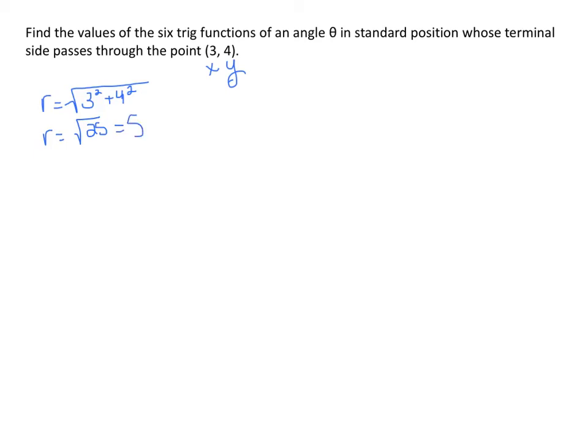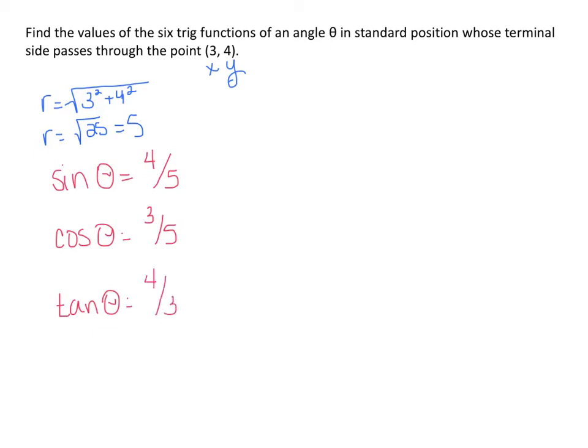So now, the sine of theta is y over r. That's 4/5. The cosine of theta is x over r, 3/5. The tangent of theta is y over x,